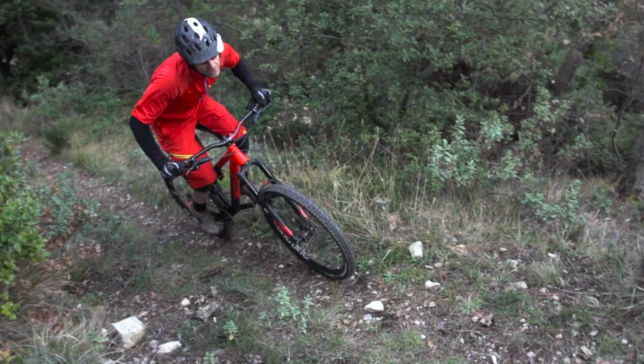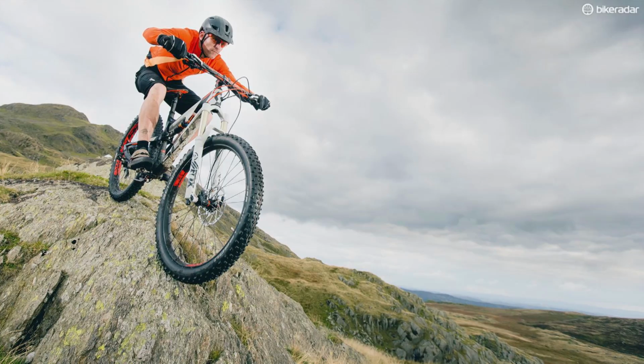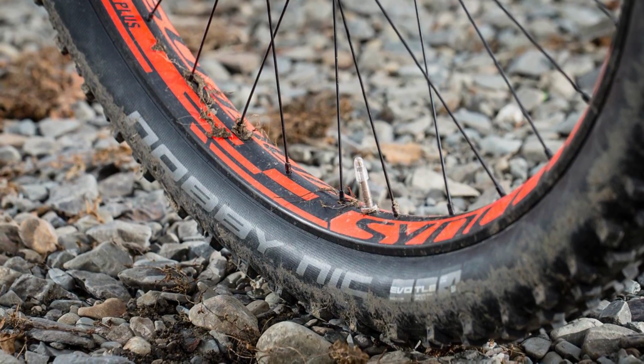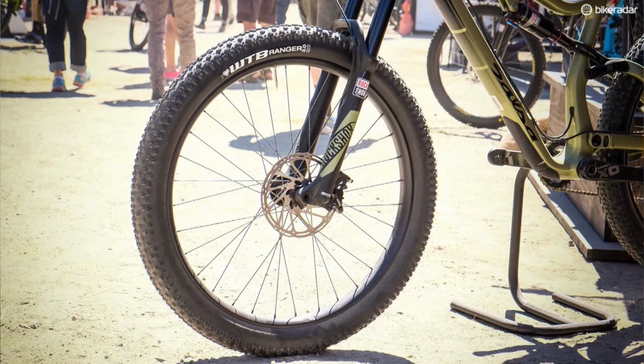So that's certainly something which could come along. Some of the problems we've been having in our testing with plus tyres is, despite the fact that some of them are proving really fast, especially say the Schwalbe tyres, they are very puncture prone because they have to try and keep that weight in check. I think we'll find the two distinct camps coming together in the middle, and maybe we'll see a bit more continuity with wheel and tyre size in a couple of years' time,